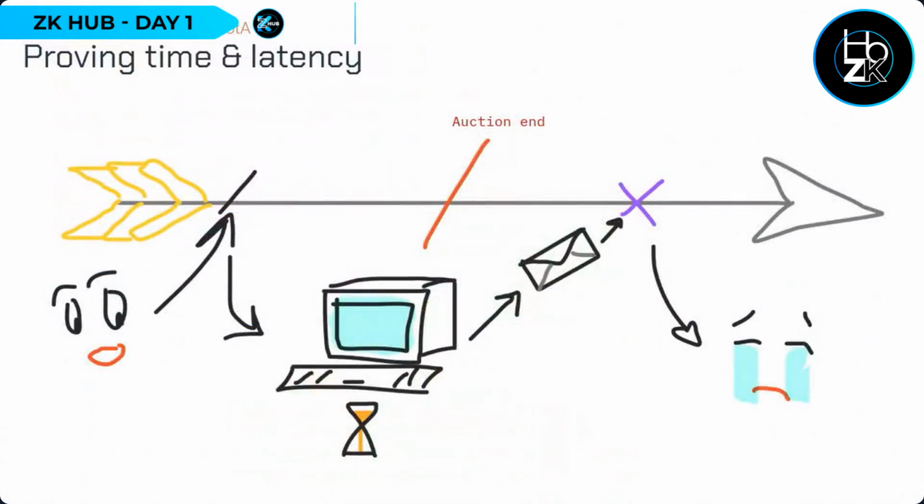The second problem is the latency issue. For a very simple example, say you have an auction and you want to make a bid, and the auction finishes in 10 seconds. You could send a transaction, but by the time your proof generation is done, the auction has ended. And so you're unhappy because you haven't been able to send your transaction. Pretty straightforward issue. Nobody likes that.